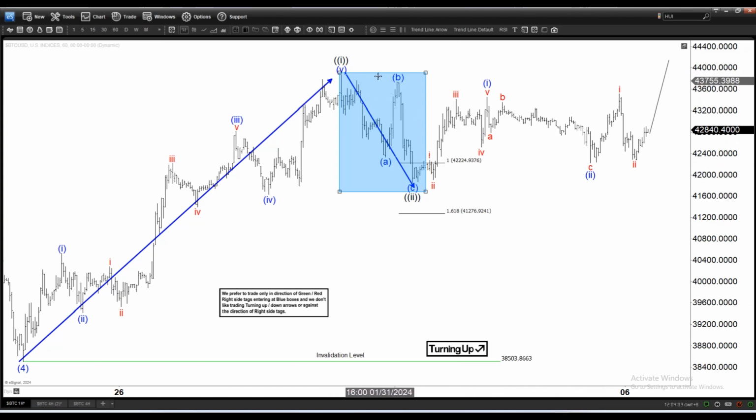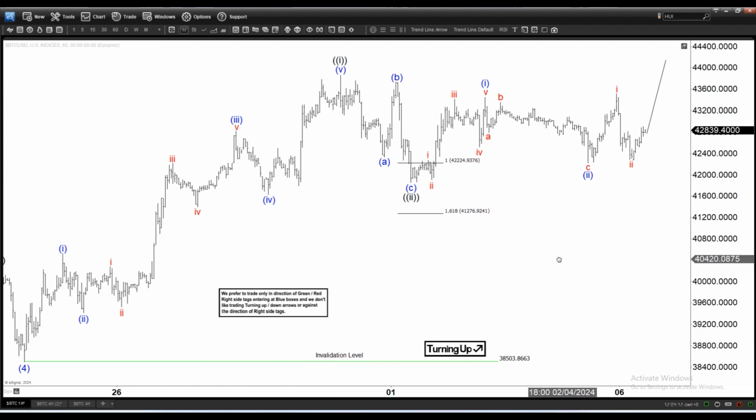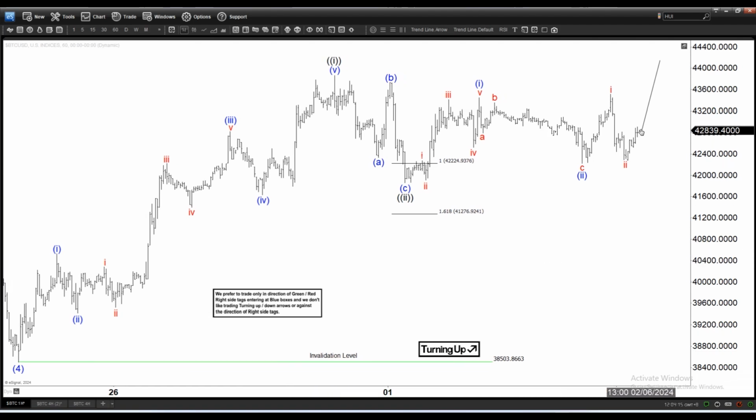Now, having said that, in the short term, you need to understand the idea of a higher high and lower low. It's not really rocket science, but a lot of people get confused because they only look at the latest swing and then think everything has to follow the latest swing. Here we are technically sideways between 1 and 2 in the short term, right? So the similar principle that we talk about in the 4 hour applies in the short term. Until it breaks above 1, we don't know whether this is truly 2. Simple, right? But a lot of people cannot understand that. Until we break above 1, we don't know for sure this is 2.